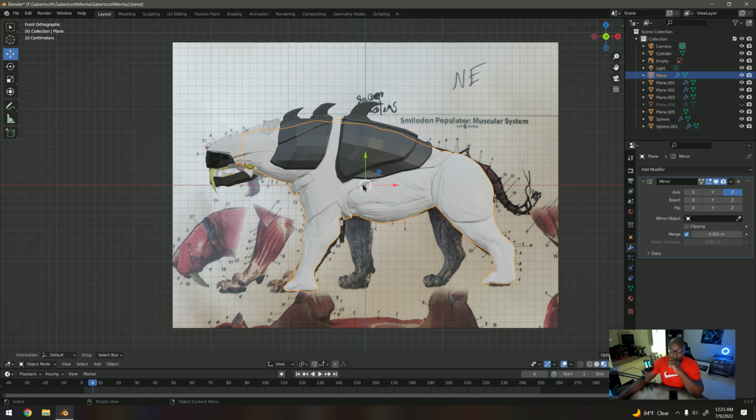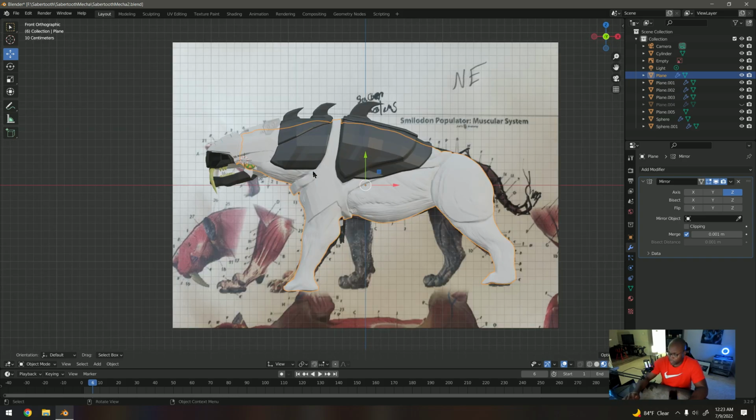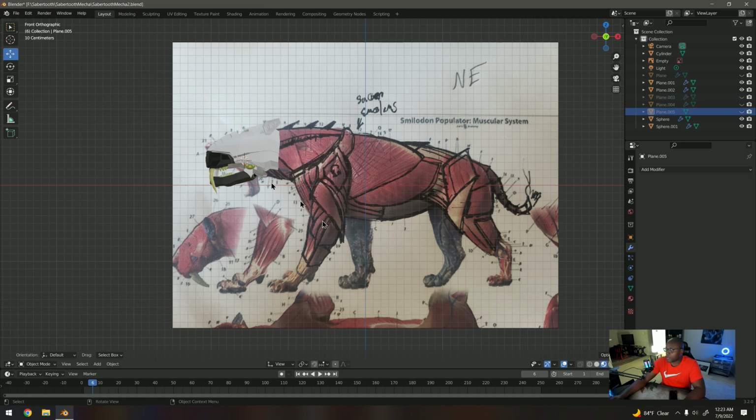So this is devlog number 23. Previously I was talking about the shape of the Sabertooth, and I got them pretty close. So if you look at the model here,